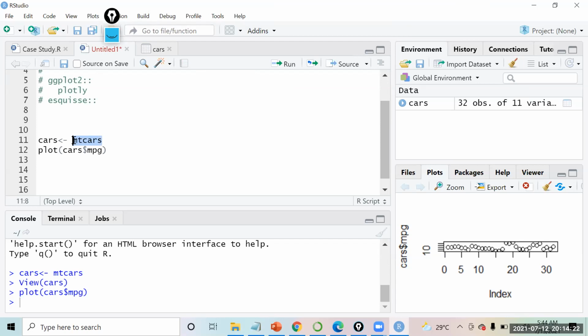Have you got that graph in a maximized window? Whenever we create a chart, the charts get created in the plot section, and you just have to click on zoom. Okay.